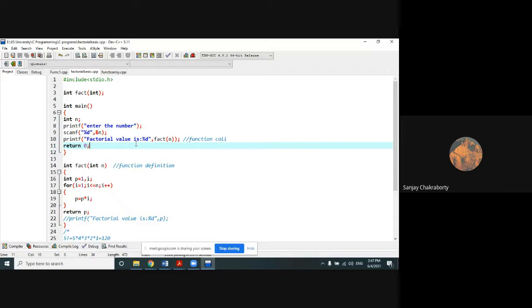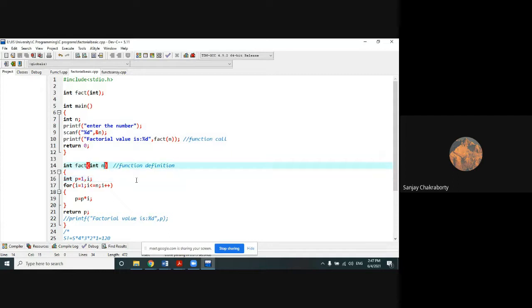One more thing that I need to tell you, which one of your friend has already told me in the last class, that when you are sending a value to a sub function with the help of this function call, in the sub function definition, I have to receive the value with the similar kind of variables and similar type of variables, right? Because I am passing n as a variable and n is an integer value. That's why I have received the sub function with integer n.